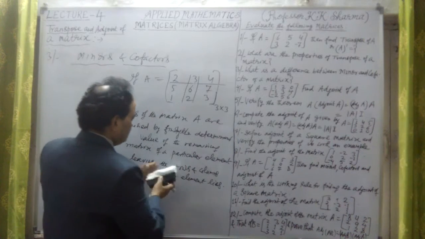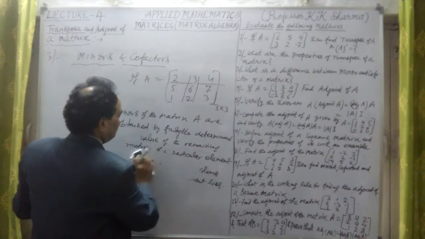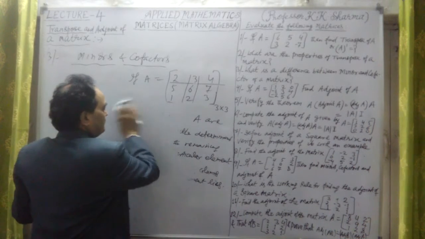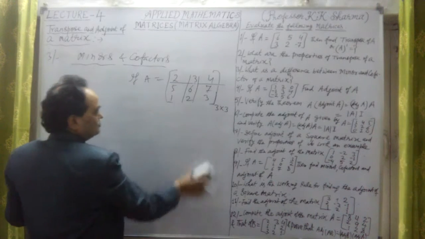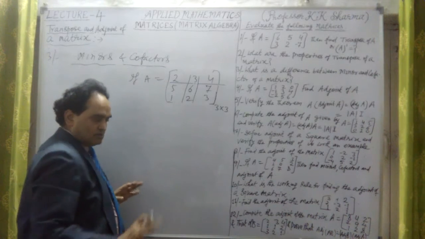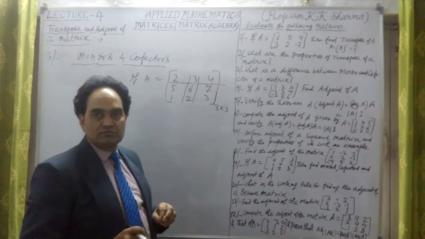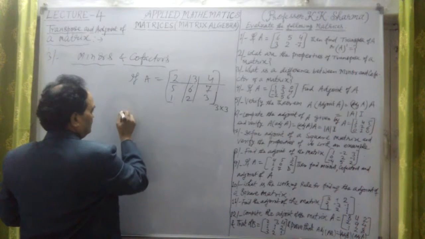Then what is the difference between minors and cofactors? I have to talk about that. Now let me talk about cofactors simultaneously so that the point is clear. Okay, so in minors there is no sign considered. In case of cofactors,